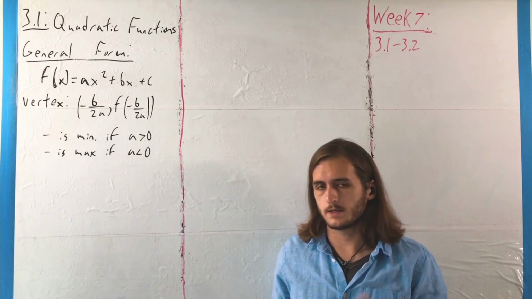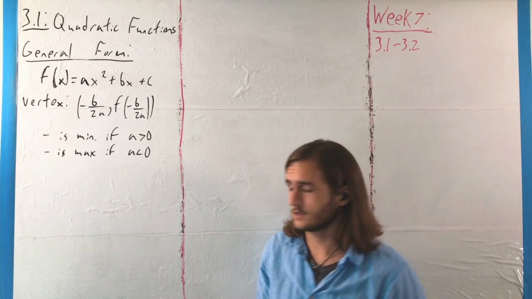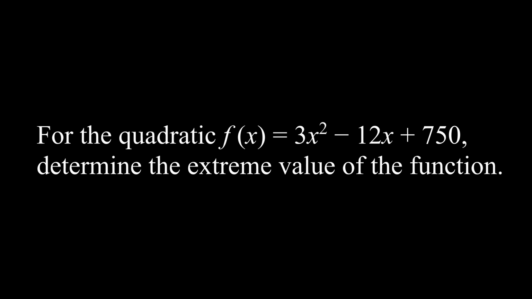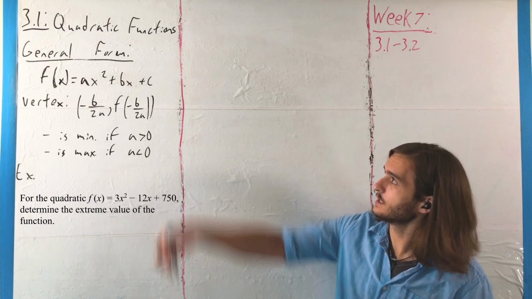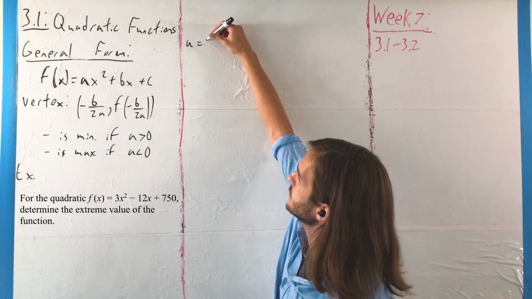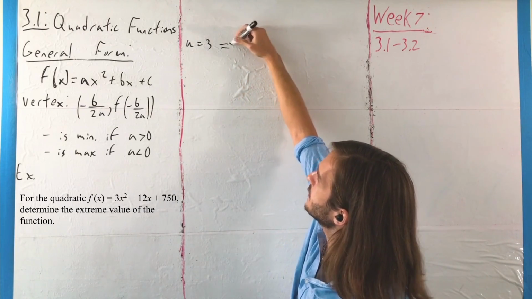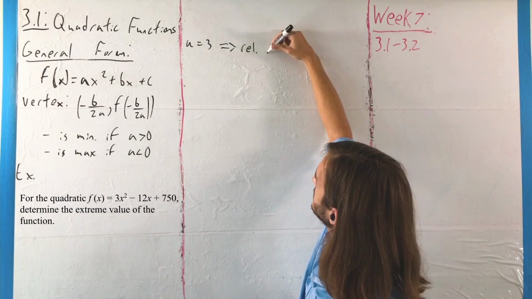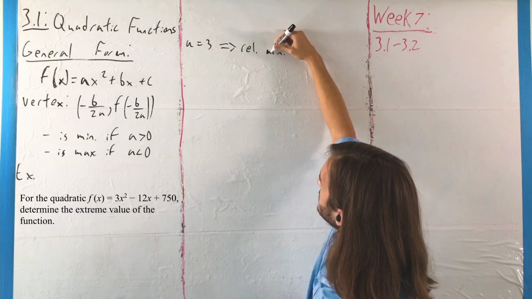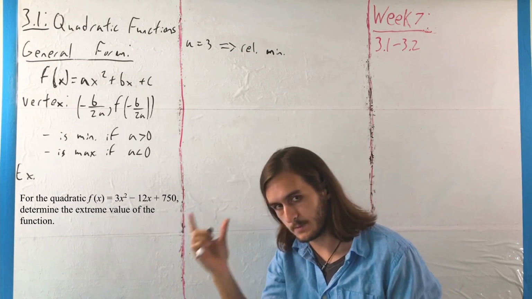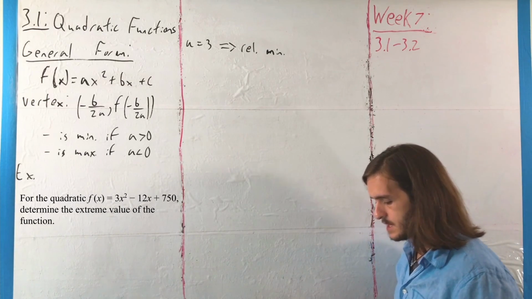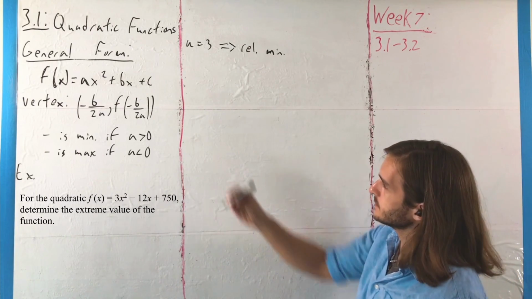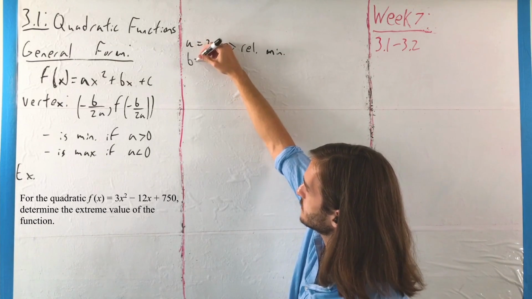Well, let's get another quick example here for exactly how this looks. For this, we have the function f of x equals 3x squared minus 12x plus 750, and we want to determine where the extreme value is as well as what kind of extreme value we're looking at. In this case, since a is equal to 3, without doing any math, we know that we're going to have a relative, or local, minimum, because the parabola is going to be opening upwards. To actually find that, because we are in general form,